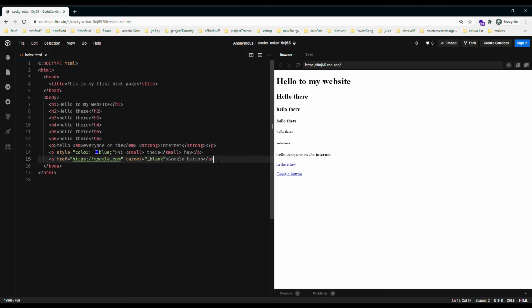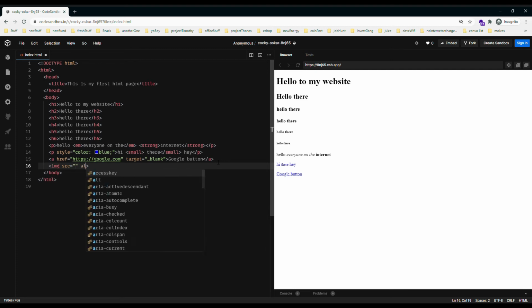So another tag is the img tag, which is the image tag. Like the rest, you don't have to put a closing tag. It also takes some attributes, which are the source of the image and the alt attribute. The alt text is supposed to show whenever there's no image. Like now, we've not linked any image to the image tag, so we could do